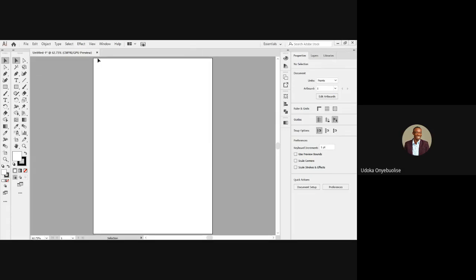I mentioned earlier that Adobe Illustrator is used to create vector-based files. When we talk about a vector-based file, it's a file that does not pixelate easily, unlike images used in Photoshop, which pixelate. Pixelating is about losing quality, blur. When you zoom into a raster image, it blurs easily, and that blur is what we term pixelate. But Illustrator files don't pixelate easily, and that's the reason Illustrator is recommended for your logo designs,